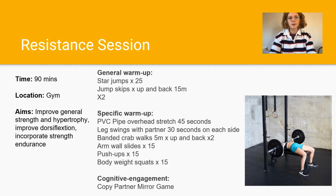We've chosen to focus in on a couple of sessions to explain our rationale for exercise selection. Week 2 of our resistance training sees us in the gym focusing on general strength for our athletes. Aims of this session are to improve general strength and hypertrophy, improve dorsiflexion and incorporate strength endurance towards the end of the session. We would like our athletes to be working at 85 to 92% effort, so we have included